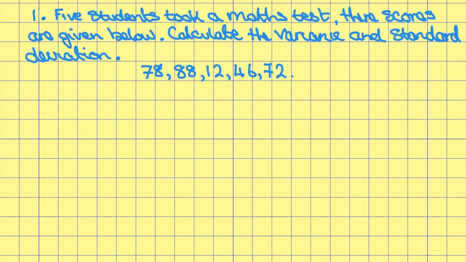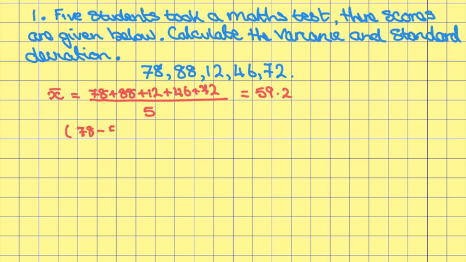So the first thing we need to do in here is calculate the mean. So the mean is x bar, which is equal to 78 plus 88 plus 12 plus 46 plus 72, all divided by 5, which gives us, when you work it out, 59.2. The next thing we do is we need to see how far each data point is away from the mean. So we need to do 78 minus 59.2